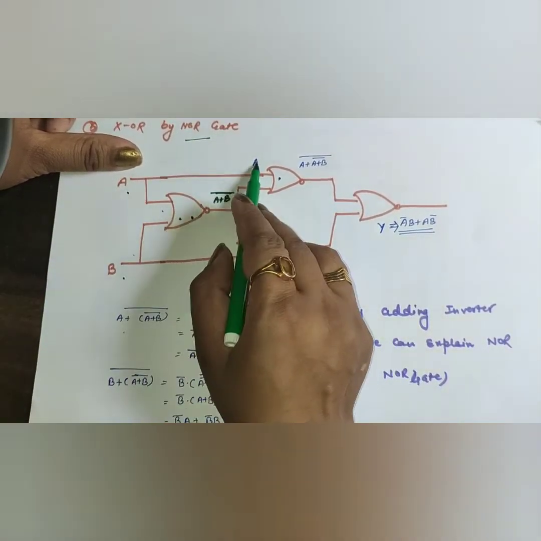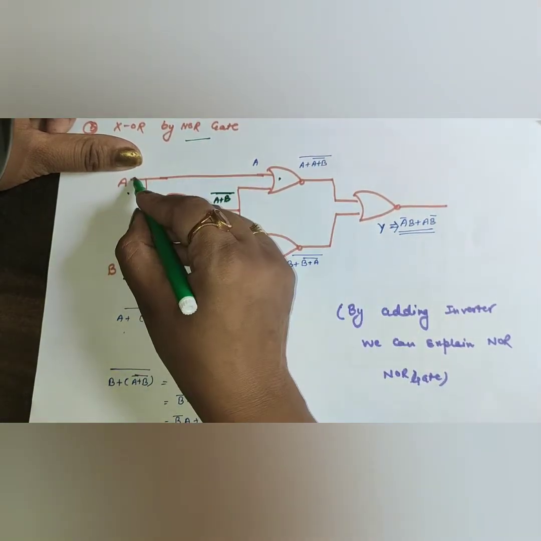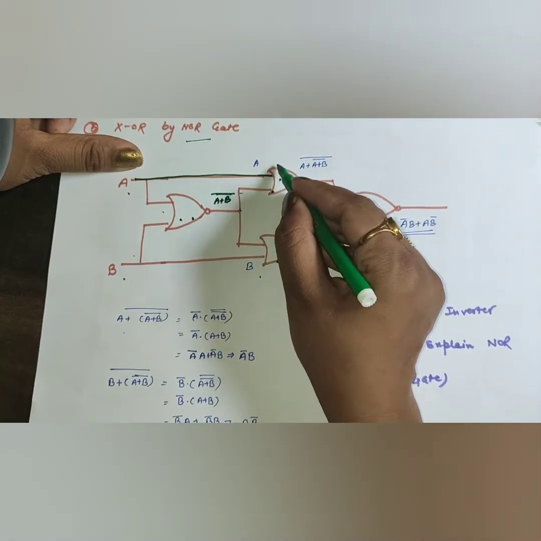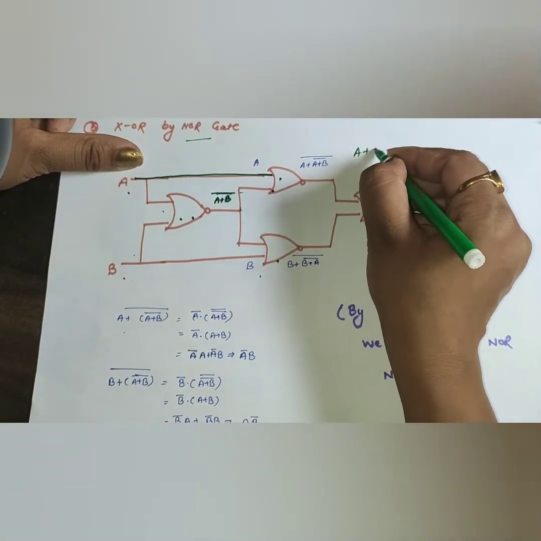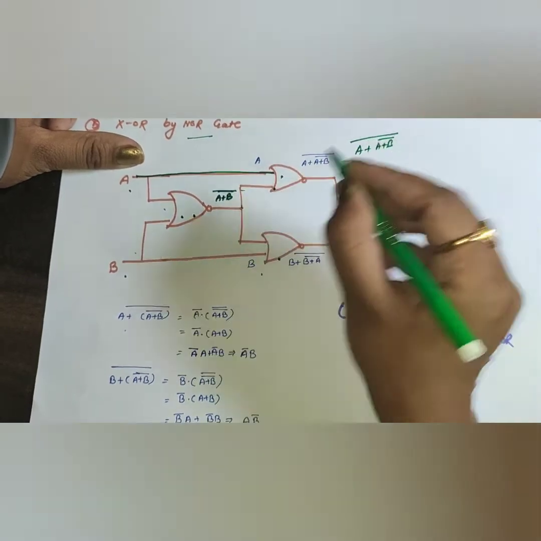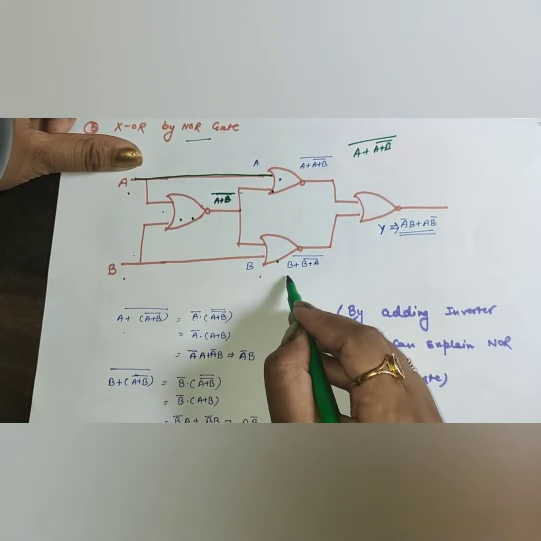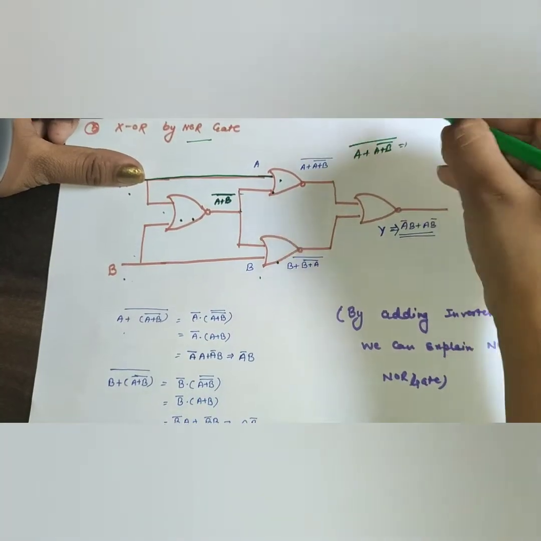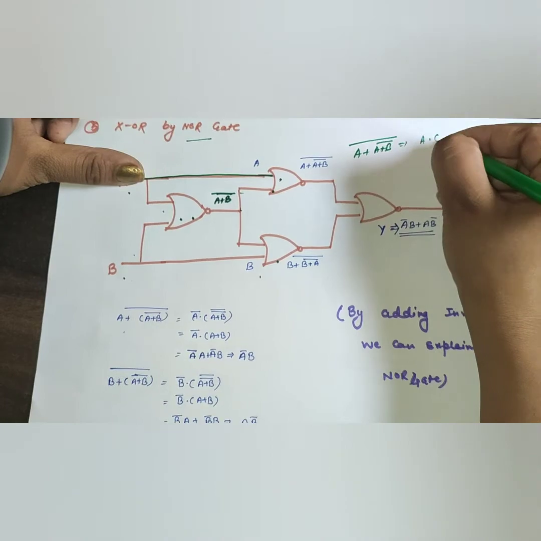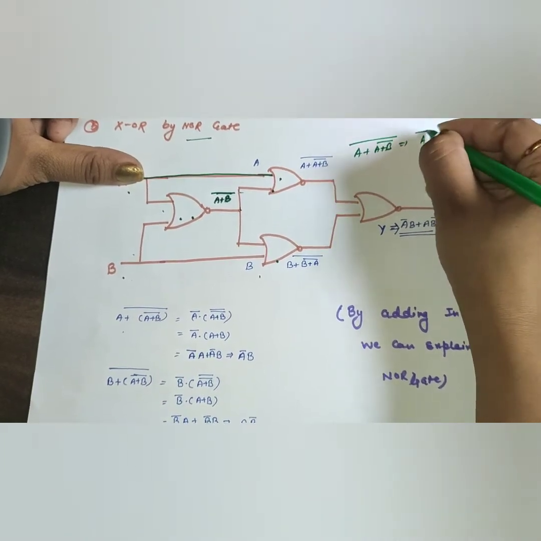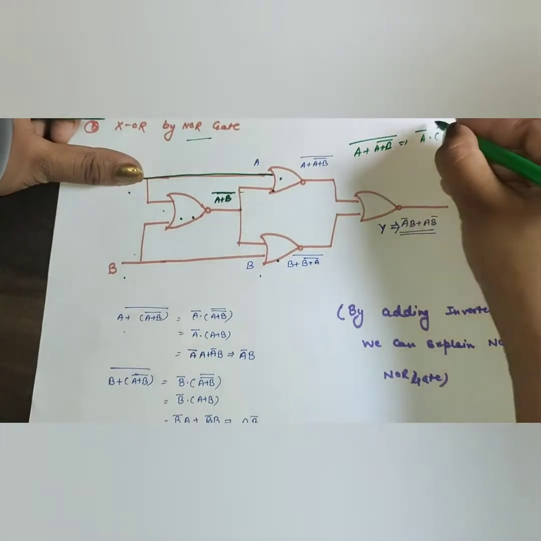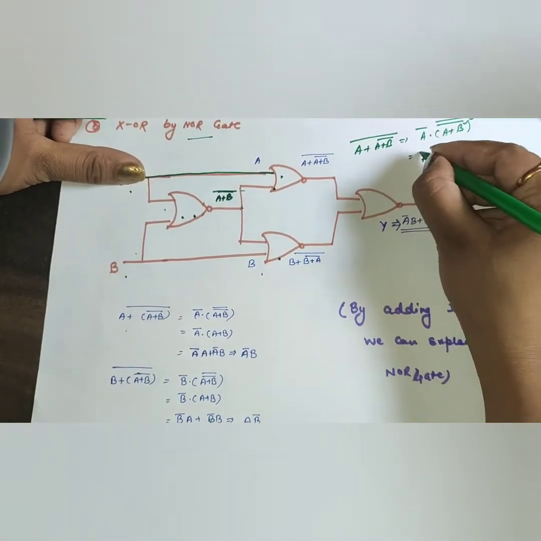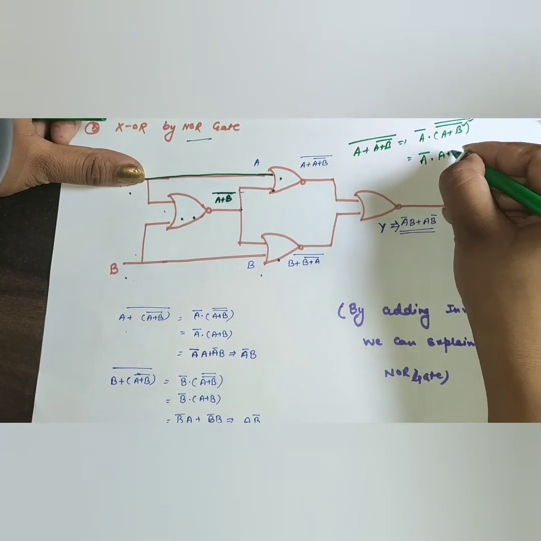Now one output is given to this gate and one to that gate. A is given along with A plus B whole bar to a NOR gate, so this makes A plus A plus B whole bar whole bar. Similarly, the other gate gives B plus A plus B whole bar whole bar. Now this is the explanation. By De Morgan's theorem you can check: A bar dot A plus B, and the double bar is eliminated, giving A bar dot A plus B.